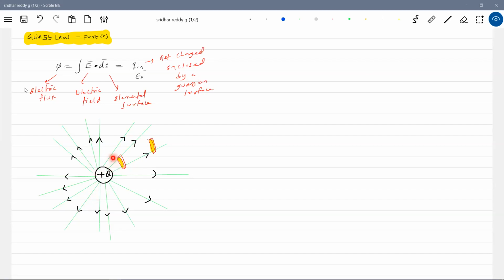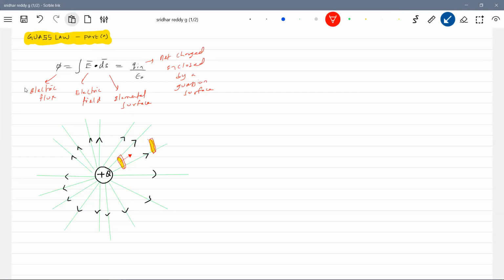So to make that uniformity in the number of lines of force, we are bringing the concept of the electric flux here. Now I'll calculate the field strength E bar, whether you assume 100 lines of force or 10 lines of force. What is the field strength here? It will be same. So how much field strength at the location of the first surface? It will be